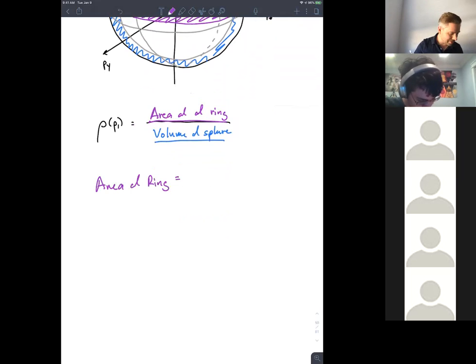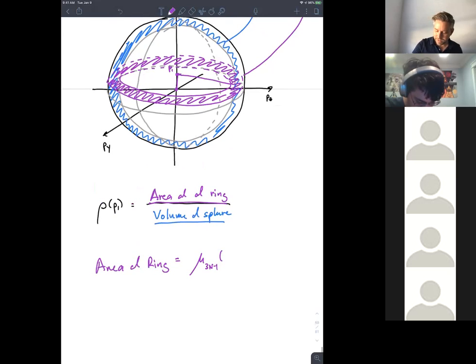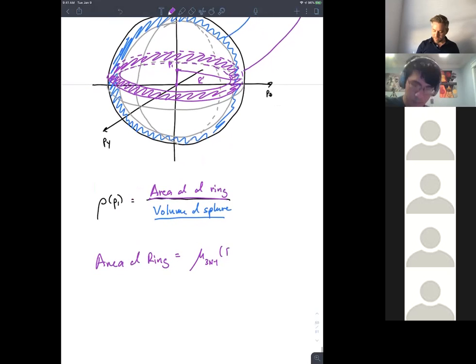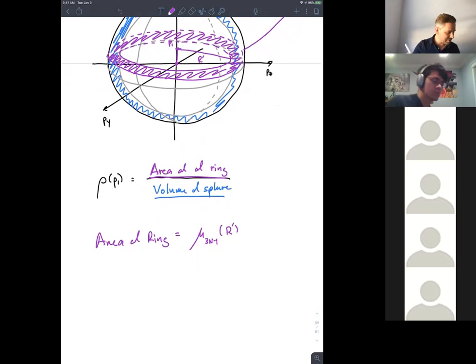okay, that's going to be equal to the volume. So what did I call this? I called this mu, and our dimensionality is now going to be 3n minus 1 of this ring. So to calculate this, we need to know the radius of our ring here. The radius of my ring, I'm going to call this r prime. So it's a sphere of 3n minus 1 dimensions with radius r prime, whoops, plus,